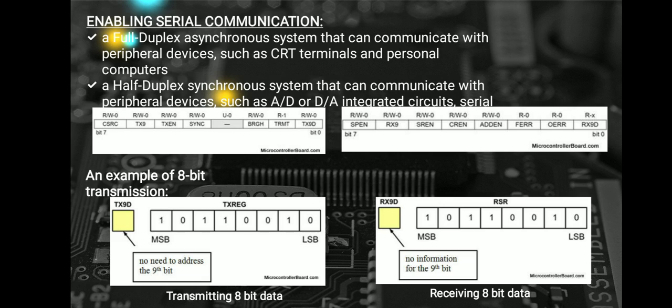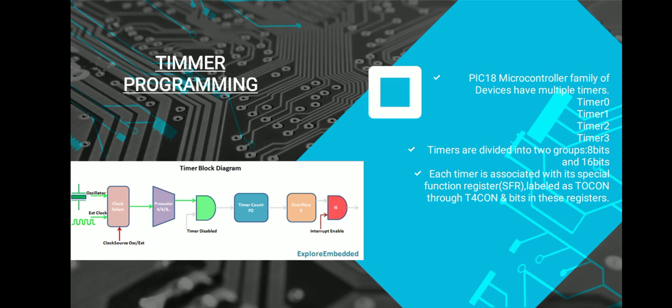The information before the transmission looks like the transmitting 8 bits that are attached here. Now let us define the receiver side to receive the 8-bit transmission. To do so, the register RX9 will be 0 here. The received information will be stored in the RSR register, which acts as a temporary storage buffer. So as you can see, the received information looks like the bit transformation. The received bits are 1, 0, 1, 1, 0, 0, 1, 0. So moving on to the timer programming.